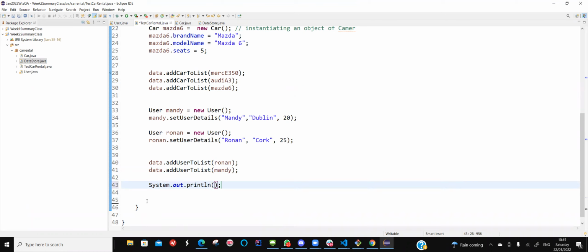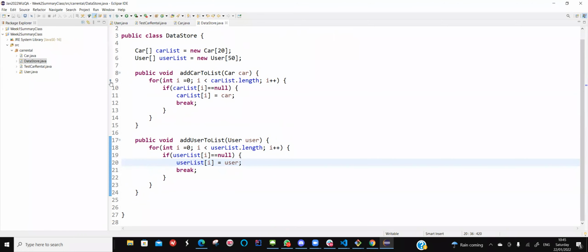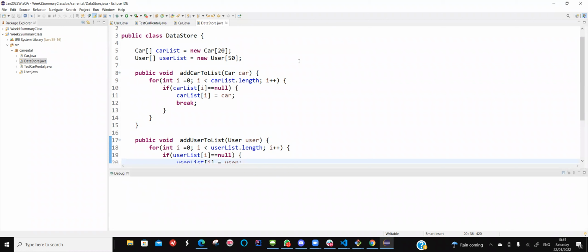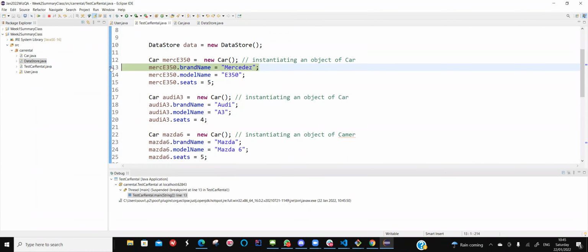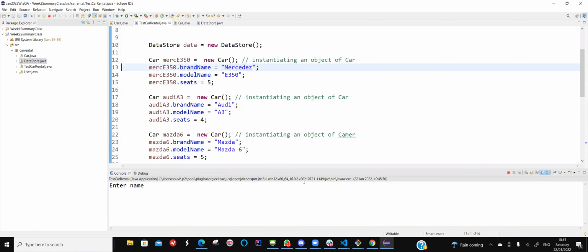Okay. Something like this. And I don't need a breakpoint here. Let's just remove the breakpoint from here. And just let's run this, debug this. So now you do see that I was able to